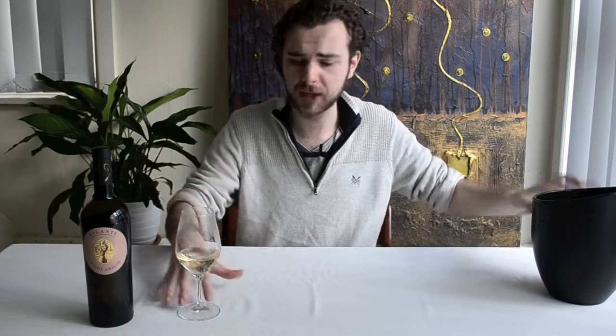So again, like you'd expect with all those beautiful peachy, stone fruity, pear flavors, very ripe and quite concentrated. On the palate, lots of richness here, lots of fruit sweetness as well. It is a dry wine, nice and dry. There's a fair bit of acidity here as well, actually, for a Pinot Grigio. 2016 was a slightly cooler vintage, so that makes sense, which is nice because there is so much fruit sweetness and richness here on the palate that having a slightly higher acidity